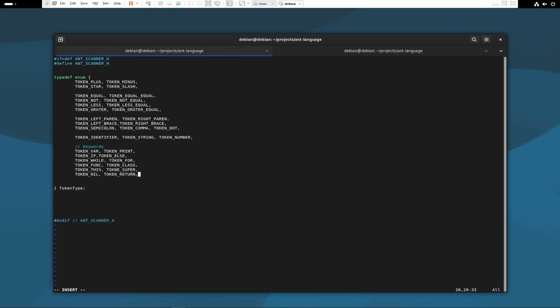TOKEN_RETURN, TOKEN_TRUE, TOKEN_FALSE, and TOKEN_OR. And finally we have TOKEN_ERROR in the case that we don't recognize some character, and TOKEN_EOF, end of file. Okay,